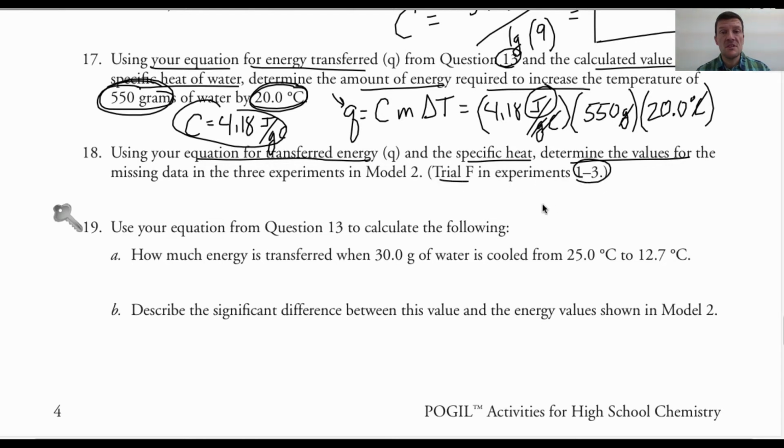Okay, so there was a missing box up there, if you remember. There was missing data. But we can find that now using our equation. So we can find any one of these values given the other 3. And this is all for water, so our C value is always going to be 4.18 joules per gram per degree Celsius. So if you come back up here,